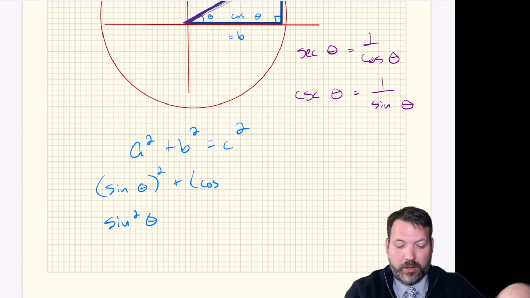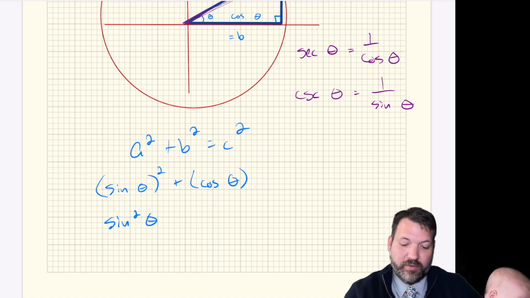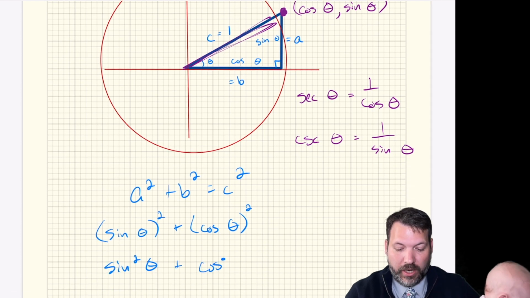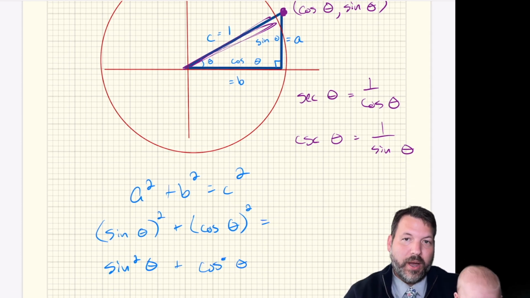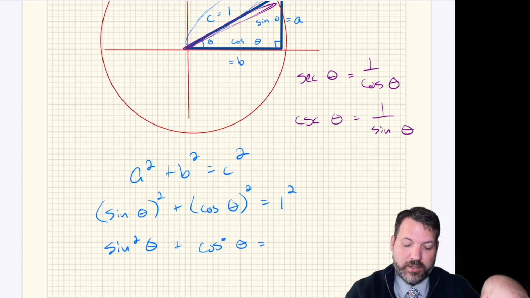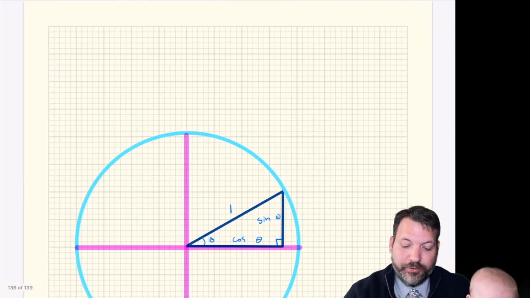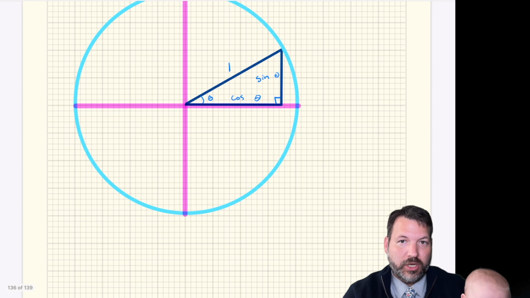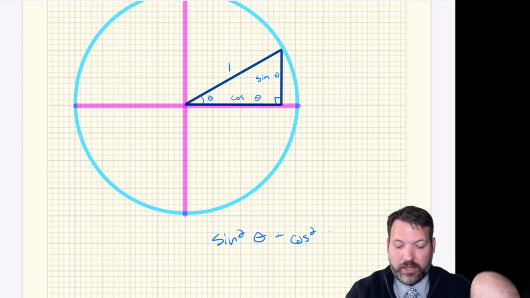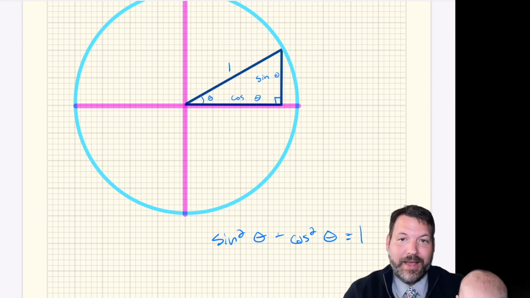And then b, you'll notice, was the x-coordinate, and that means it was our left to right distance, the base of that right triangle up here, basically. And so we're going to square that. That's where we get cosine squared theta. And then c, of course, was our hypotenuse. And we said this triangle was in the unit circle. The unit circle is defined as having a radius of 1. And so c, of course, is 1 squared, which is 1. And so it's from these special relationships in the unit circle that we can say sine squared theta plus cosine squared theta equals 1.